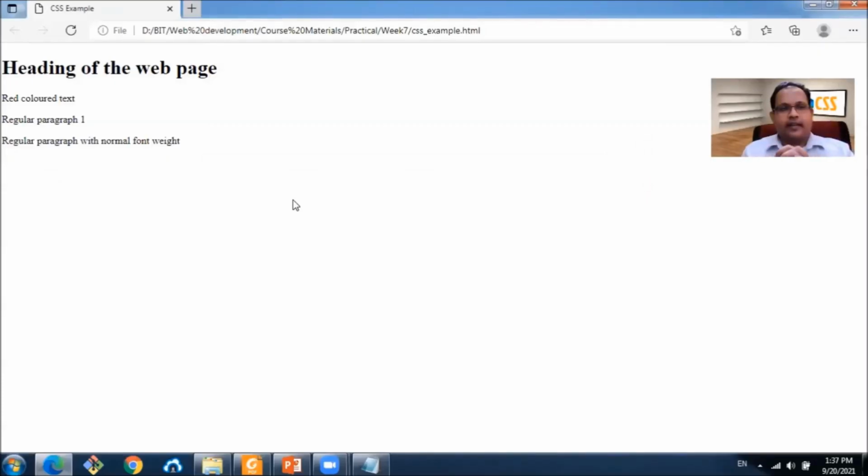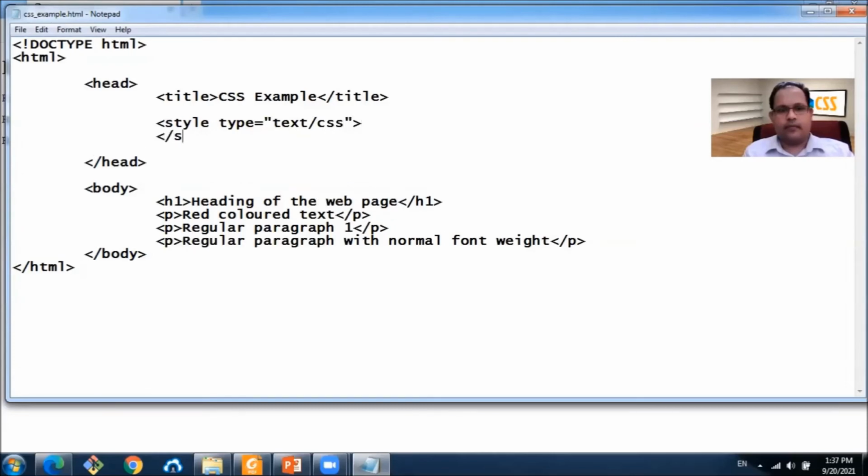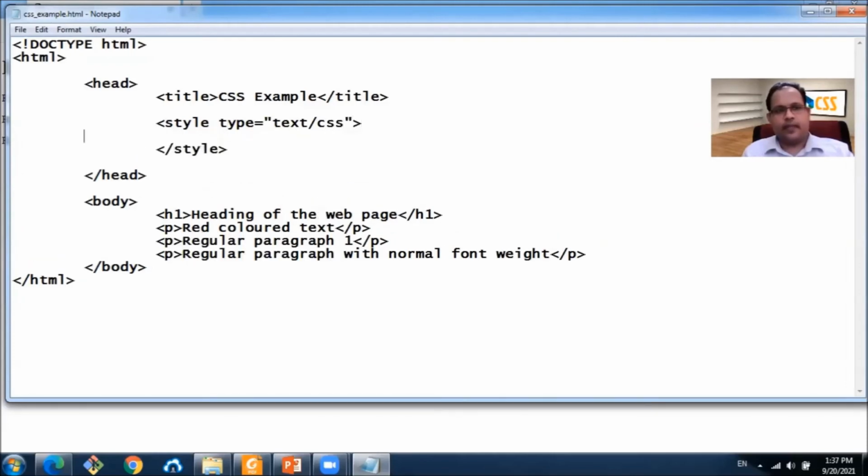All right. Now we have this regular HTML page that we have created here. Let's create an internal style. One way to select the element is by an ID attribute. Let's say first para.